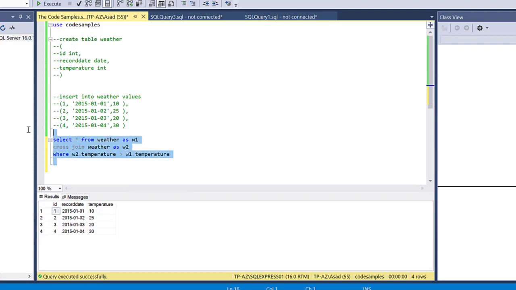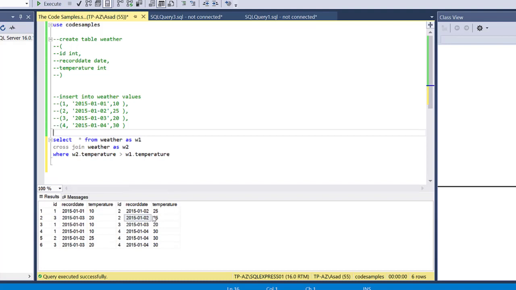Okay, so let's execute it now. Okay, so we are getting all the records here, but the problem with this query is it is not checking with the previous day record. It's just checking each one of them against any record where the temperature was more on the previous day. So what we have to do here,